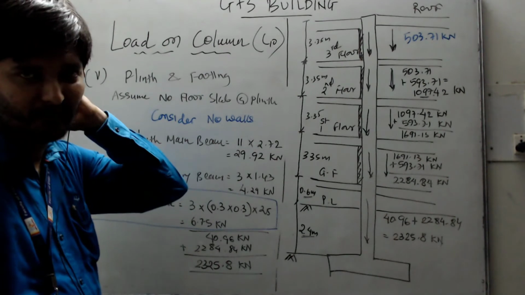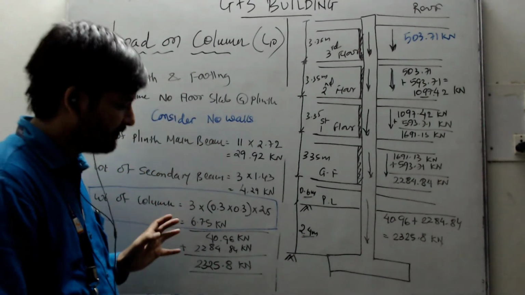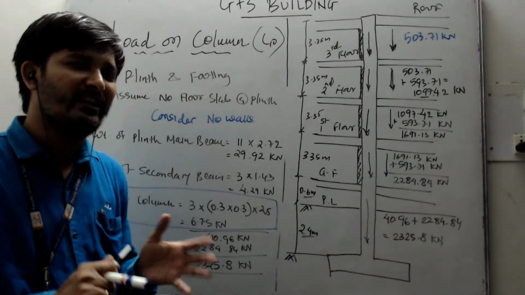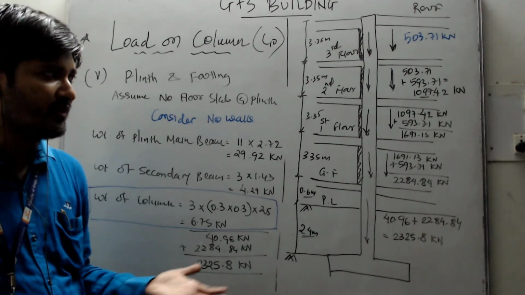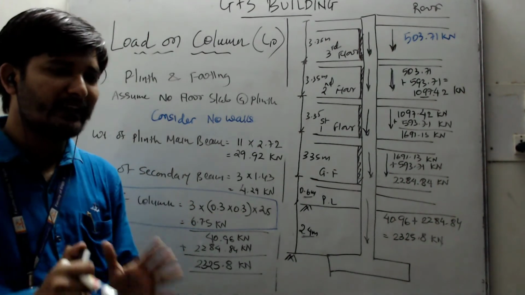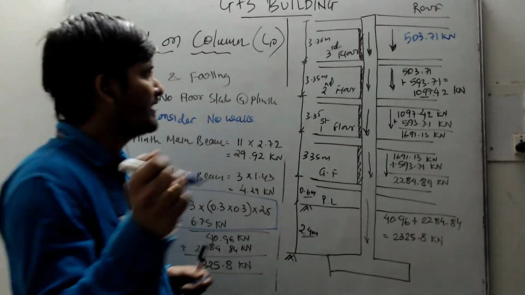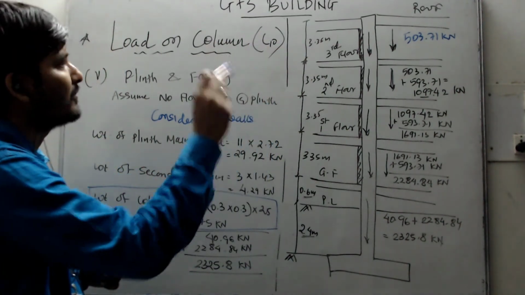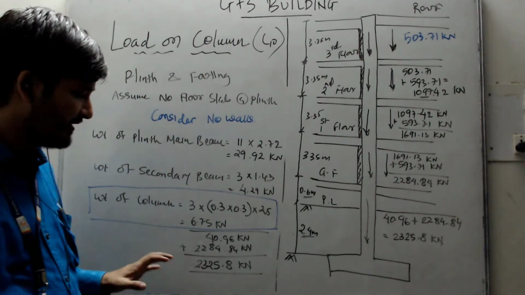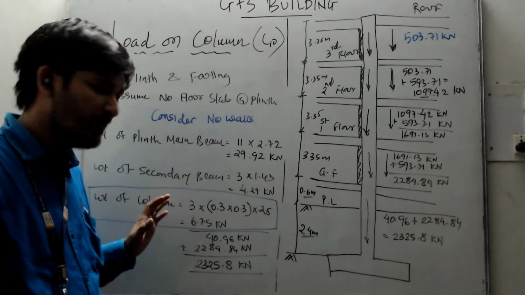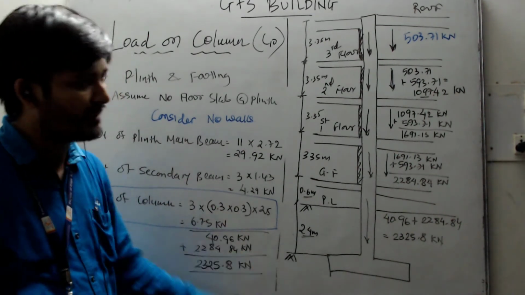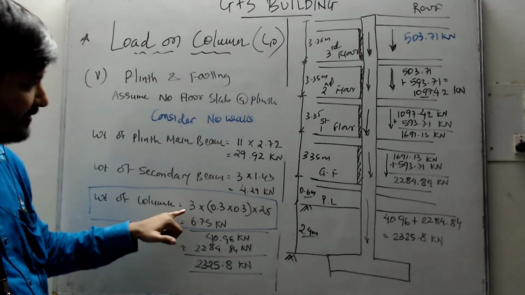So you can add the self weight on all the other floors also, it doesn't matter, right? Even if you remove the self weight, it will not make much difference in the final answers. 10-20 kilonewtons here and there is perfectly fine, because we already considered the factor of safety in the calculation of these loads, right? If you want a perfect exact calculation, you are supposed to add the self weight at each and every floor also. I have kept it at the end only, just to explain how to calculate the self weight of column, right?